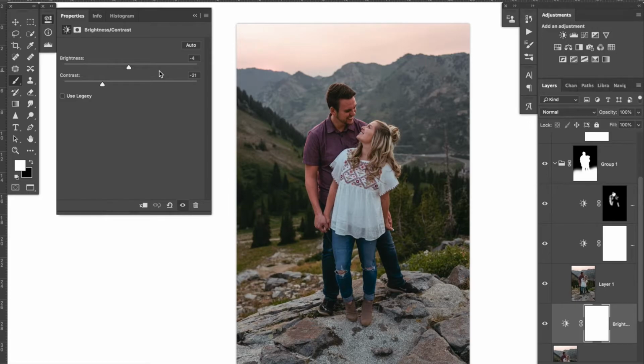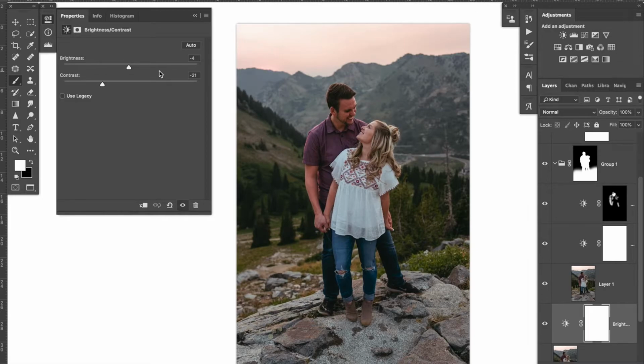And I also lowered the contrast of the background since contrast is what makes things look sharp. If something isn't contrasty, it's not really going to look sharp. And so if you take the contrast out of the background, you can have a still interesting background, but then take the viewer's eye away from it. And so that way it's still supporting the photo, but